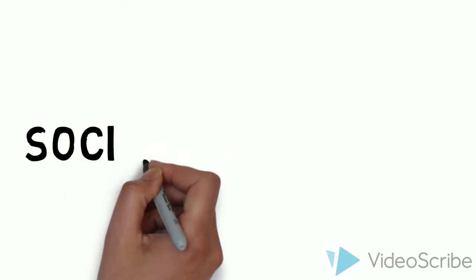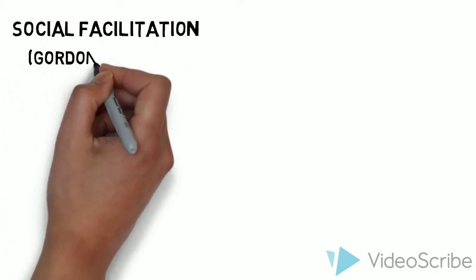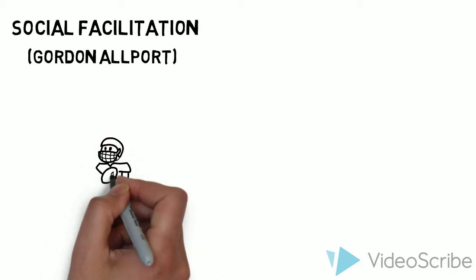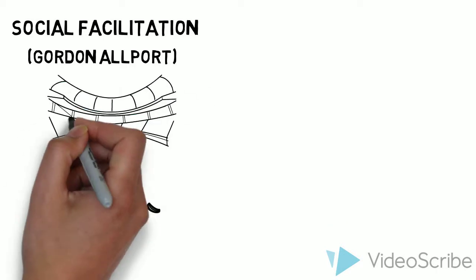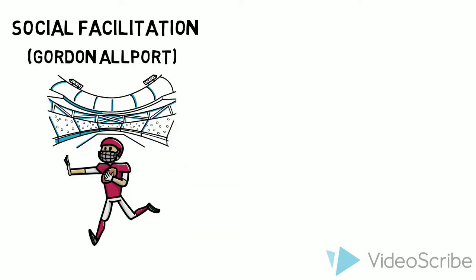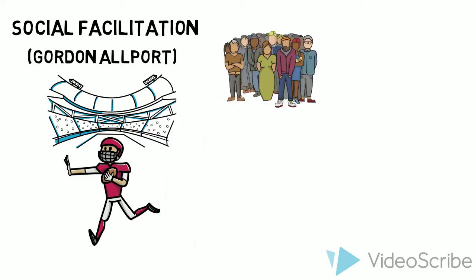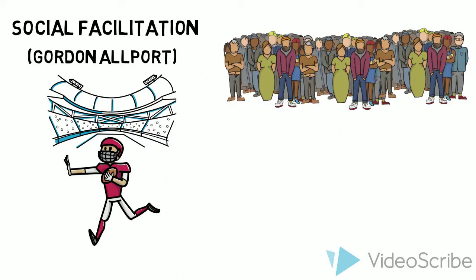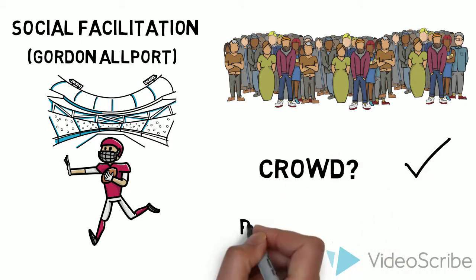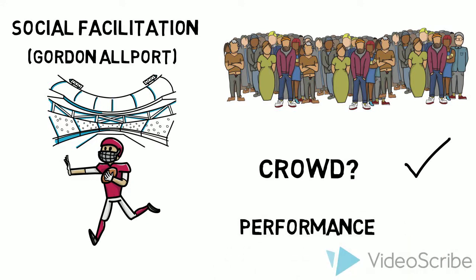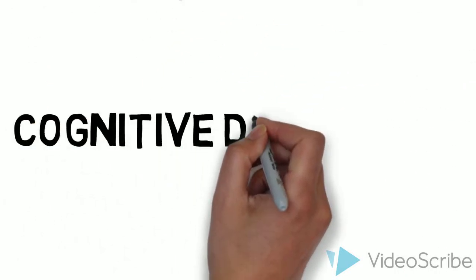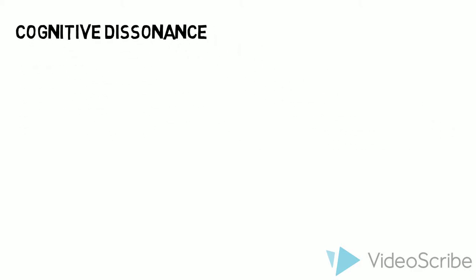American psychologist Gordon Allport coined the term social facilitation. This is the phenomenon such that the presence of a social group can facilitate certain behavior. It was found that stadium spectators would improve an athlete's performance. This idea was further explored when some studies showed that the presence of a passive audience facilitated the better performance of a simple task, while other studies showed that the presence of a passive audience inhibited the performance of a more difficult task, one that was not practiced, possibly due to psychological pressures or stress, which goes hand in hand with Yerkes-Dodson's law of arousal.